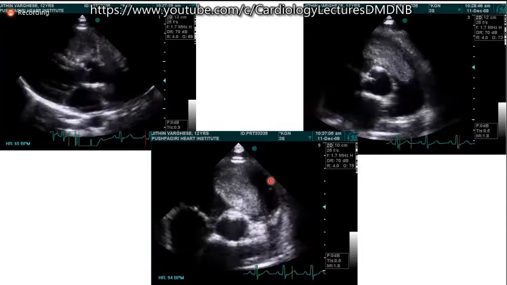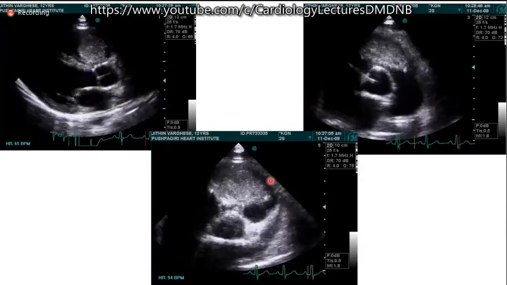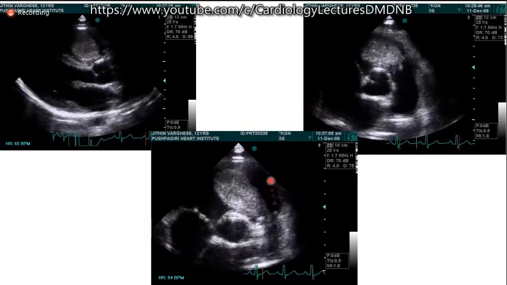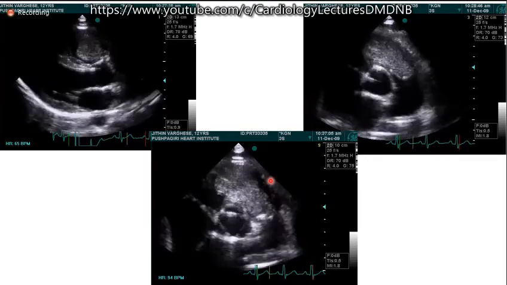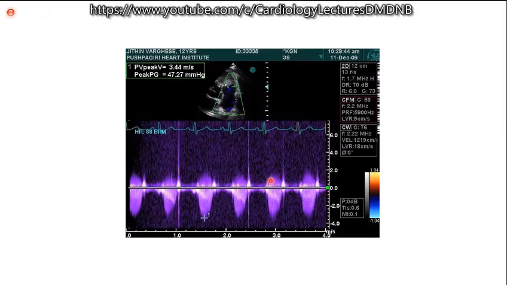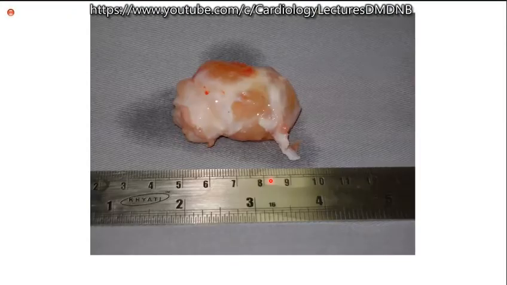Always there's a tendency for us to diagnose myxoma, but this happened to be a sarcoma, and the patient was surgically removed. It actually gave rise to RV outflow obstruction. And this is the mass which was removed, a large mass about 4 to 5 centimeters in length. This was done about 10 years ago. The histopathology revealed it was a sarcoma, thought to be not very highly malignant, but malignant. And the patient is doing very well for the past 10 years, so he's fine. So we have left him alone at that level.